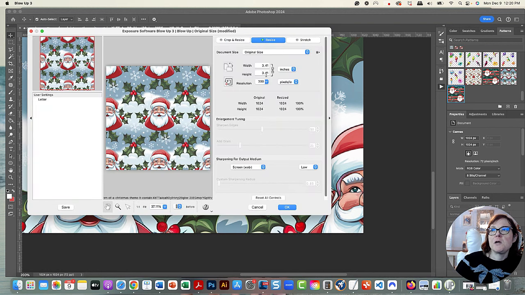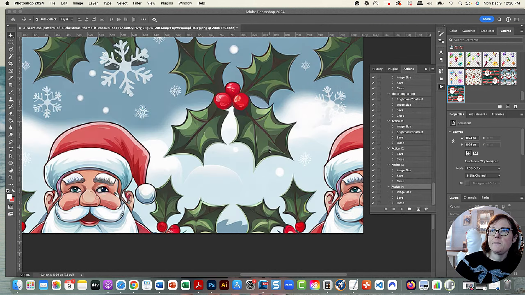So I made it 300 DPI. 300 DPI is good for print, and I want to make it 5,000 pixels, because it said like 5,000 pixels was a good size that it wanted. So I'm going to go 5,000. And now I'm going to go OK, and now it's going to blow it up, and it blows it up